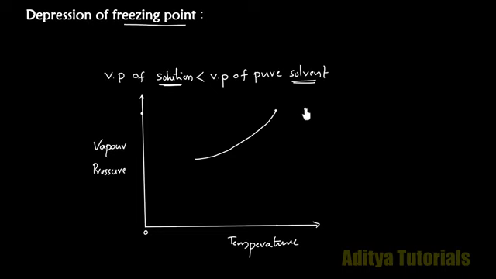To make the same amount of vapor pressure, I will take this point, because I want the solution vapor pressure and the pure solvent vapor pressure to be equal, and for that I have to increase the temperature. At a higher temperature, the vapor pressure of the solution is exactly equal to the vapor pressure of pure solvent. Listen carefully. Because the solution has less surface area, it needs more energy to make its vapor pressure exactly equal to that of pure solvent. As you decrease the temperature, the vapor pressure of the solution also decreases, like here.